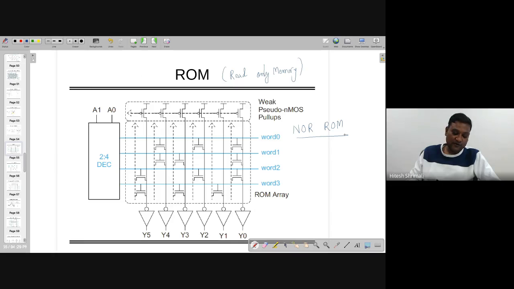You can see over here, first of all, word wise, there are 4 words: word 0, word 1, word 2, and word 3. These are associated with the addresses. You can see that address word 0, if you look at just word 0 over here,